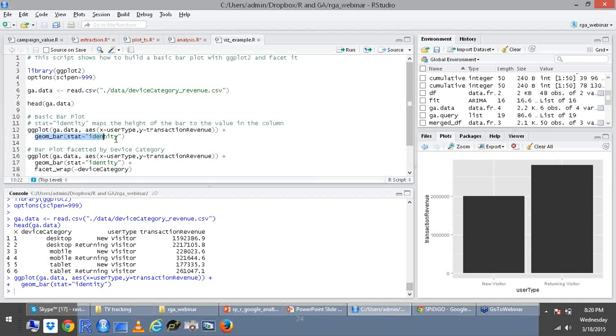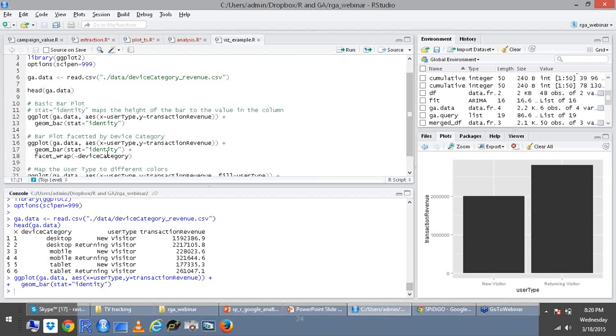And then I have defined the geom_bar as a stack identity. So, which means that the size of the bar should represent the total value from this table of new and returning visitors.